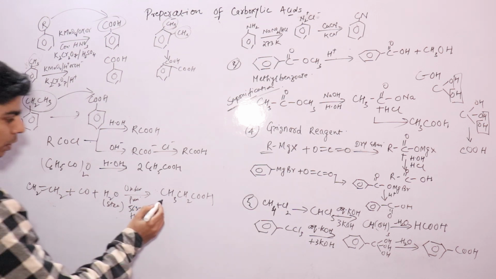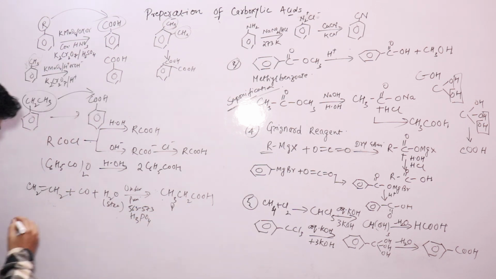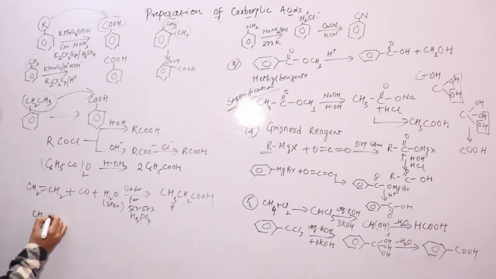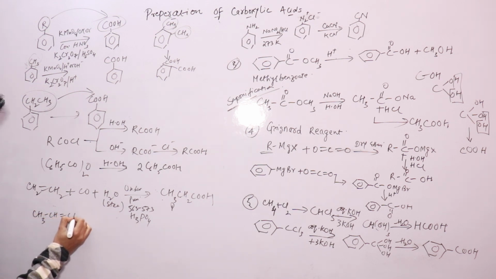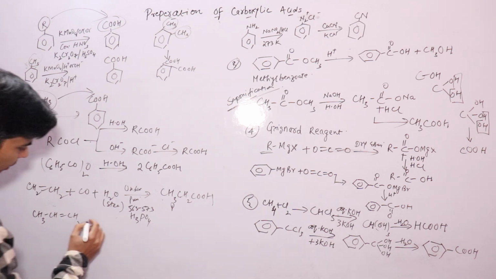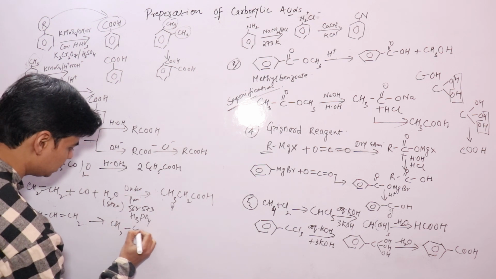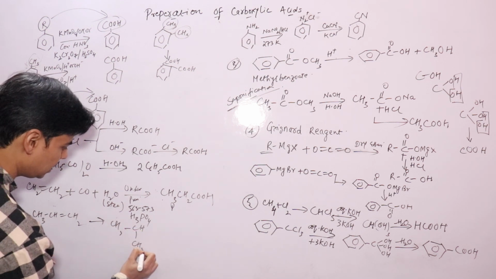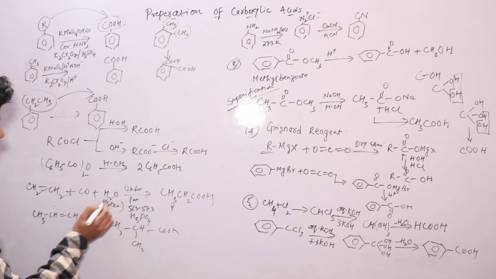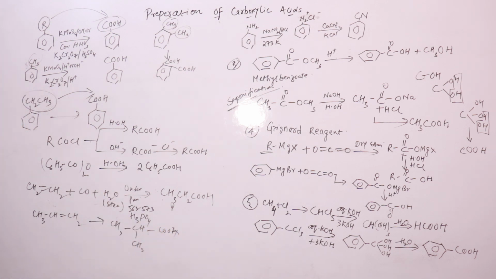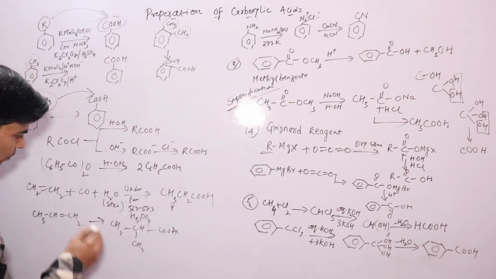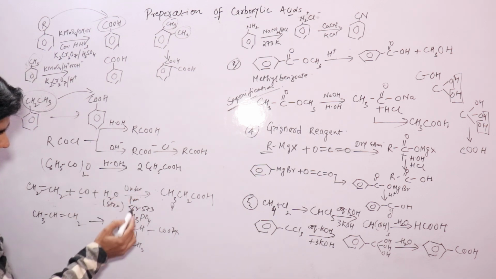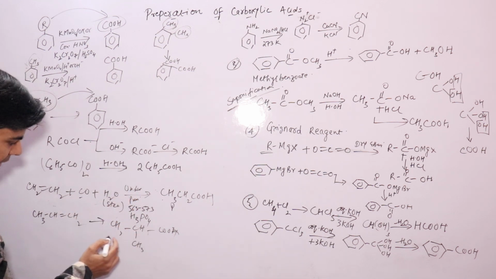This is your 1, 2, 3. This is your propanoic acid. So if you take, say, CH3CH=CH2, what acid will it form? With carbon monoxide and water, it will form CH3CH(CH3)COOH under similar conditions. I hope this is clear. So similar conditions: carbon monoxide in the presence of steam, under pressure, in the presence of phosphoric acid, which is a catalyst, it will form